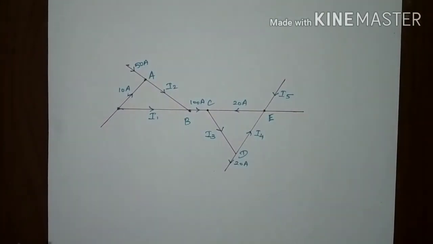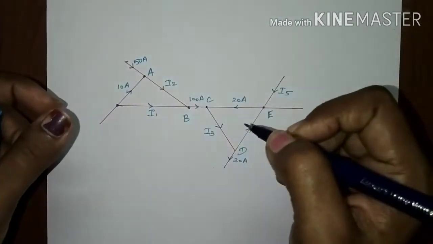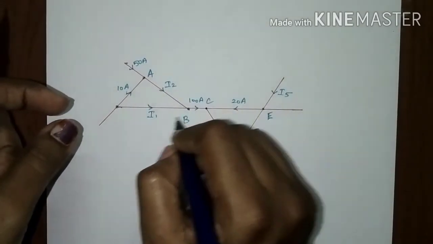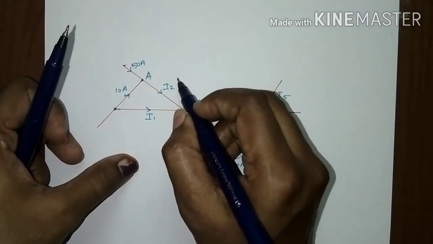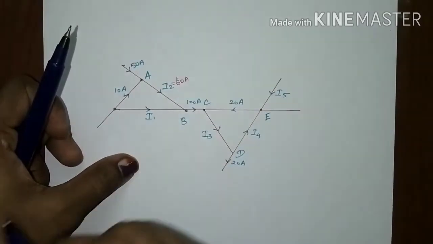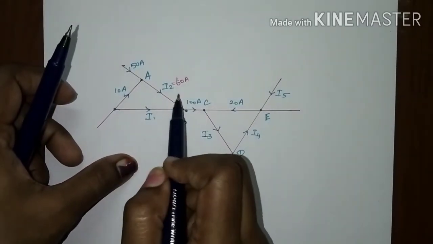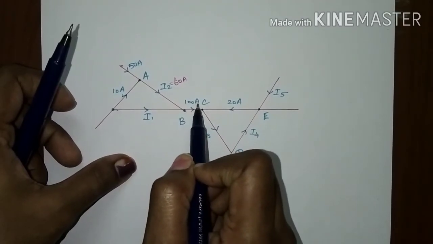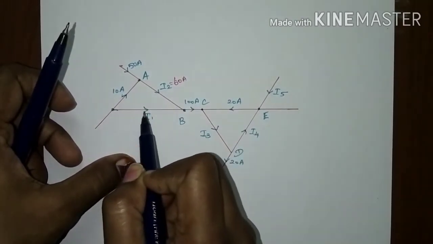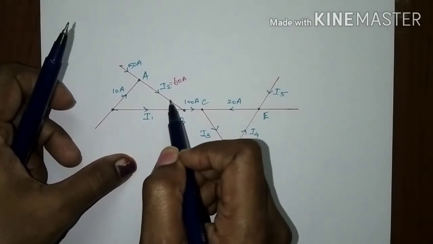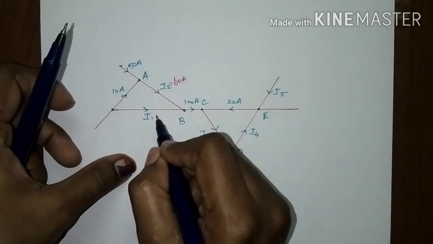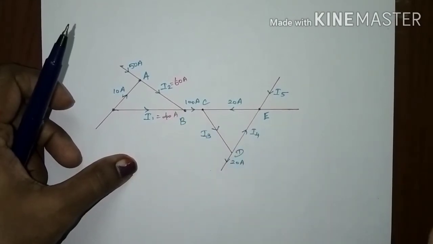So without doing more calculation, we can just find it in the circuit itself. Incoming current is 50 and 10. The outgoing current would be 60 ampere. The value of I2 is 60. Similarly, here the current 100 amps is going out. The incoming current is 60. The I1 current we don't know. If we add 40, we will get 100 ampere. So the value of I1 would be 40 ampere.